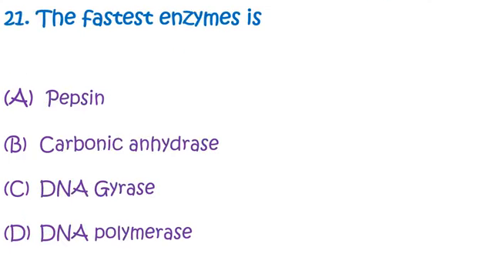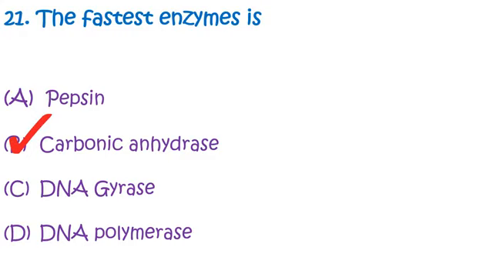Question number 21. The fastest enzyme is, options are option A pepsin, option B carbonic anhydrase, option C DNA gyrase, option D DNA polymerase. And the correct answer is option B carbonic anhydrase. Now carbonic anhydrase is an enzyme that is found in red blood cells, gastric mucosa, pancreatic cells, which